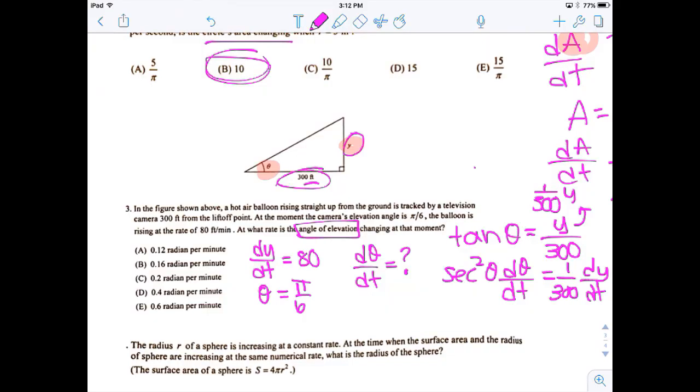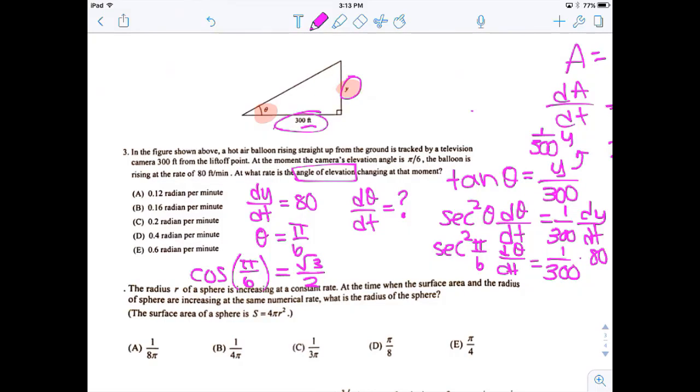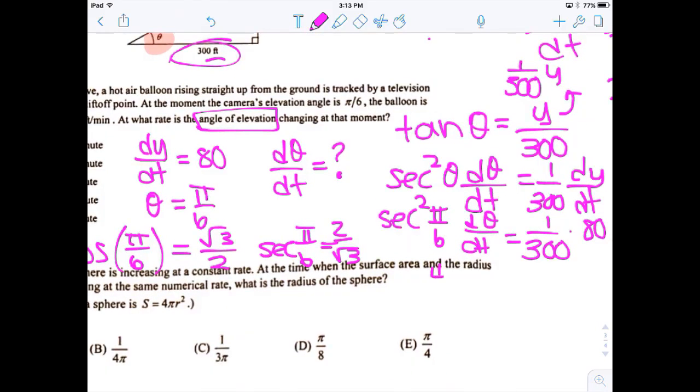So let's think about what we know. Secant squared theta, well, I know theta is pi/6, so this is secant squared pi/6. d theta dt, which is what we want, equals 1/300 dy dt, which is 80. So that's what I'm solving there. So let's think about secant squared theta. That is the reciprocal of cos of pi/6. Cos of pi/6 is radical 3 over 2, which means secant of pi/6 is 2 over radical 3. So if I square that, I'm going to get 4/3 d theta dt